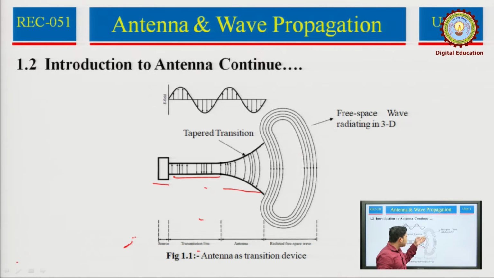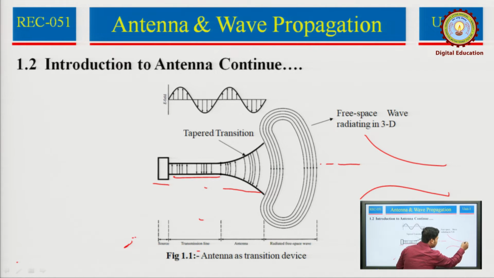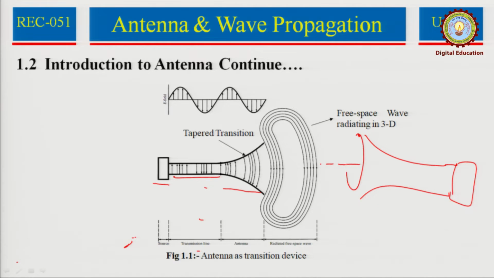As you have seen, this is an open circuit condition, and we know that in an open circuit condition the voltage or potential is high and current is low. The same alternate scenario applies for the receiving side. So, this is the transition for the transmitting side, and in the same way the wavefront travels in free space and arrives at the same structure of antenna connected to the source again, and this transition is again built up like this,